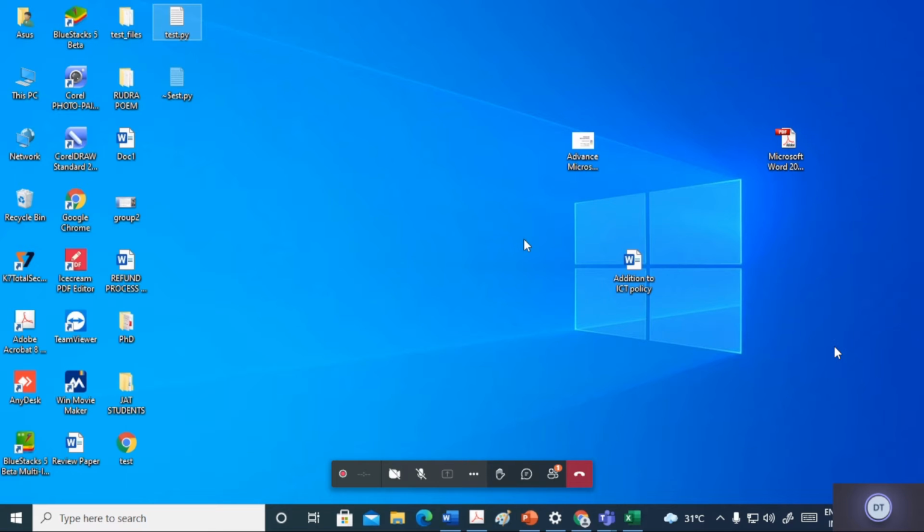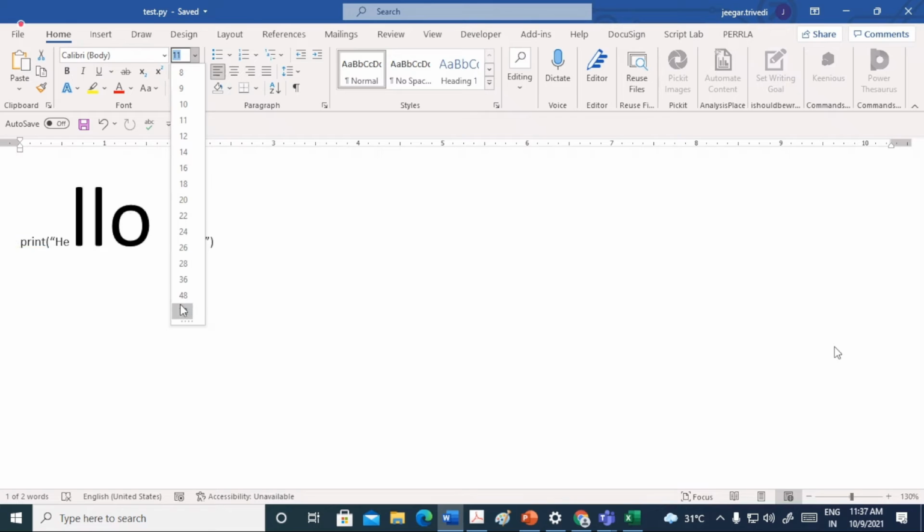But in the case of the Word editor, I can do something like this, these two fonts. This is not possible directly in other editors. So those who are designers and those who like to highlight their code may use Word as a programming editor as well.